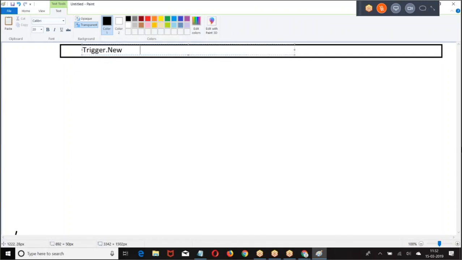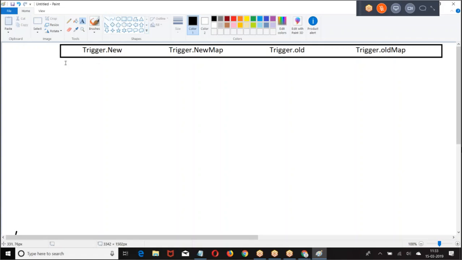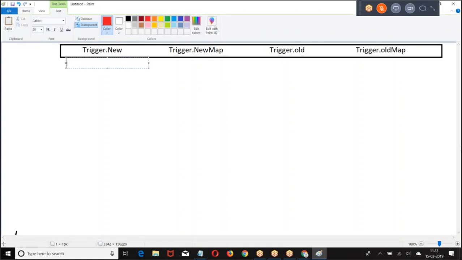Trigger.new, trigger.new map, trigger.old, trigger.old map. SOQL. Now write a SOQL.